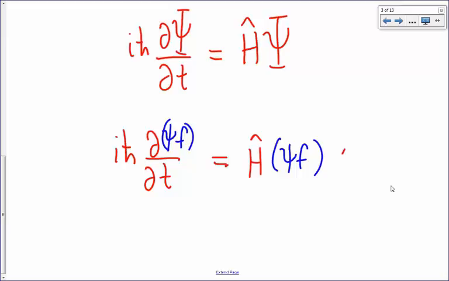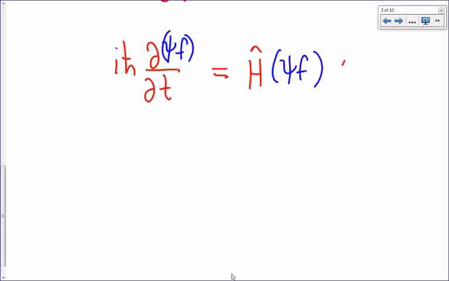Now, I'm taking the derivative on this left-hand side with respect to time. Now, little psi does not depend on time, right? So as far as this derivative is concerned, this little psi is a constant. The variable here is time. So I can factor that out. I can move that out of my derivative. So this is going to be i h bar little psi times partial derivative of f with respect to time